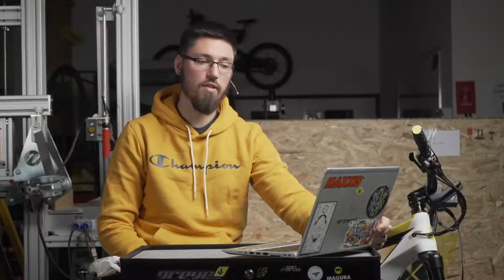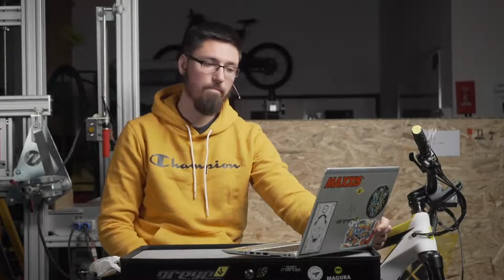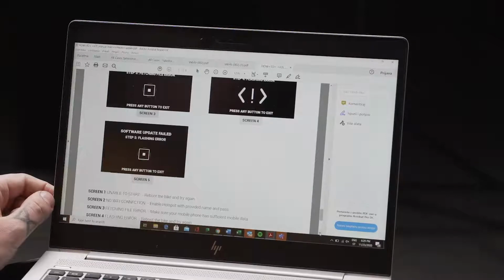There's also a step 5 flashing error. It's pretty much the same as in step 4. You'll need to turn the bike off, turn it back on, check the connection statuses and start the process all over again. So in almost, I would say, if you get an error in any step, just turn the bike